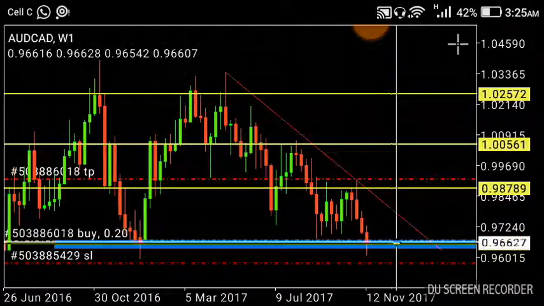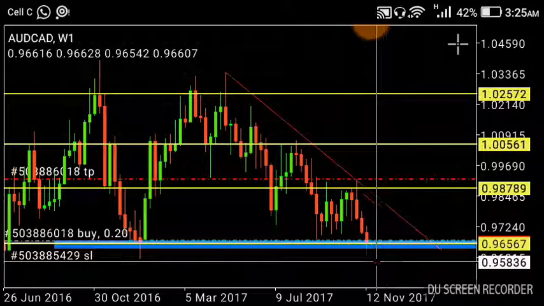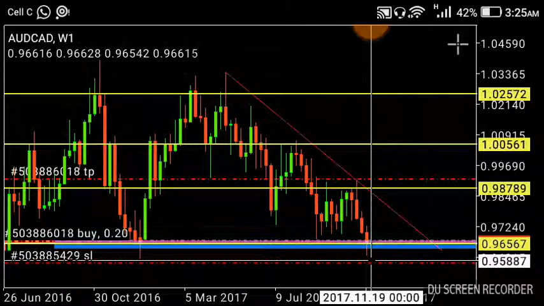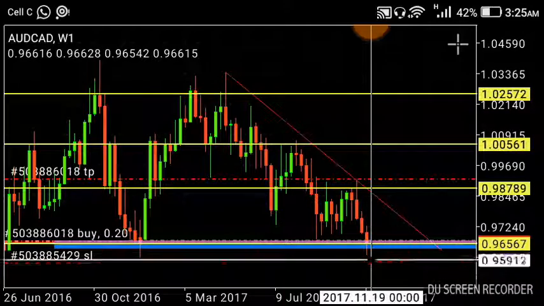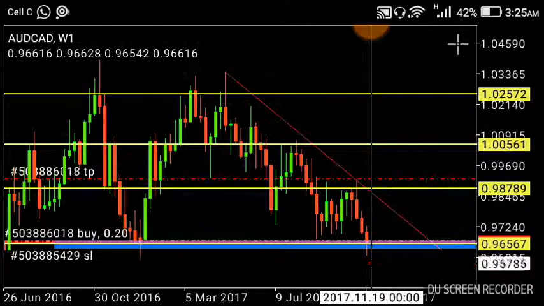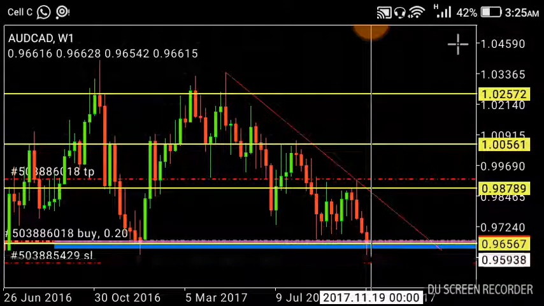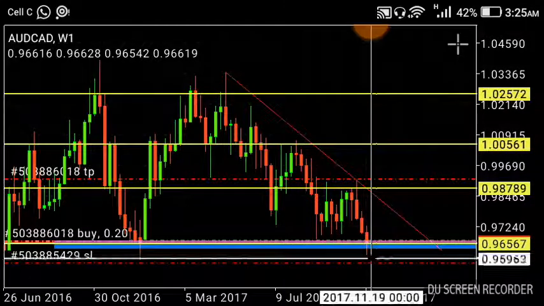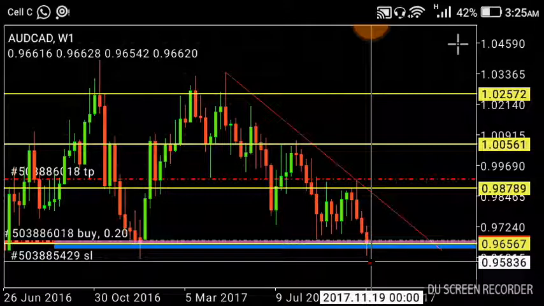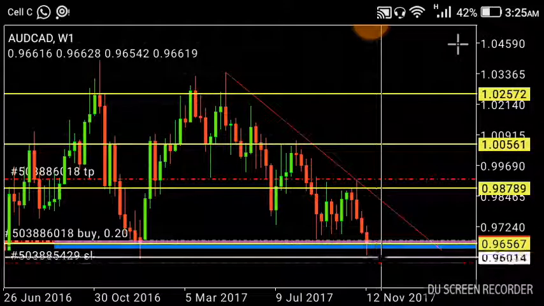But in case that it does not continue or reverse and start moving upwards, we always want to just put your stop loss below the candle, the previous candle. If it has a wick, just put your stop loss just below the wick. You can put it as much as 10 pips below the wick or 20, it depends on you. As to this one, it's about 20 pips difference there. So that is where I say, you know what, if it does not reverse, then I'm not willing to stay in this trade anymore. So now this is one of the first things that I consider